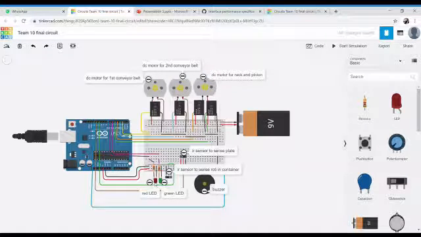We have two LEDs, a red LED and a green LED. Red LED is used to indicate when there is no roti in the container and also if there is no plate. Green LED is used to indicate that the bot is switched on. Also, we have a buzzer which is used to indicate the process completion.